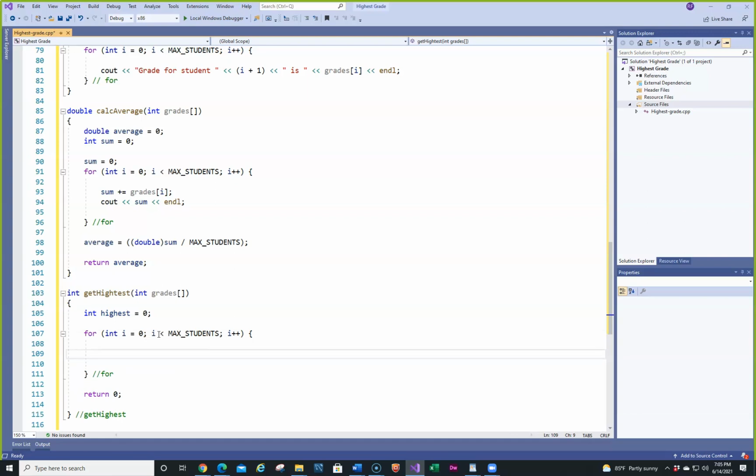So we're going to do here, if grades of I is greater than highest,